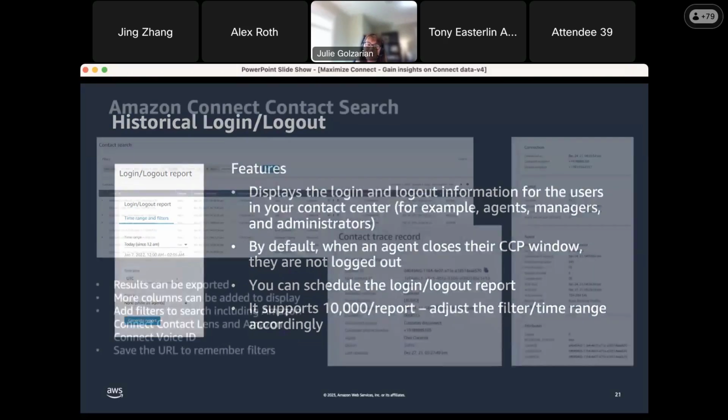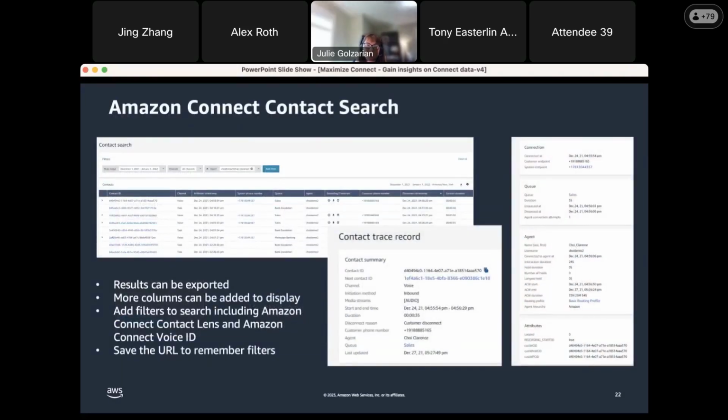Now let's talk about contact search. This is one of my favorites because it really is a powerful tool that helps you find opportunities to train agents for improvement, or even find those really great agents and reward them for good behavior. You see the data, you can really show them the great activities that they're doing. And you can do searches for things like agent names, disconnect reasons and queues, all of those, even if you're